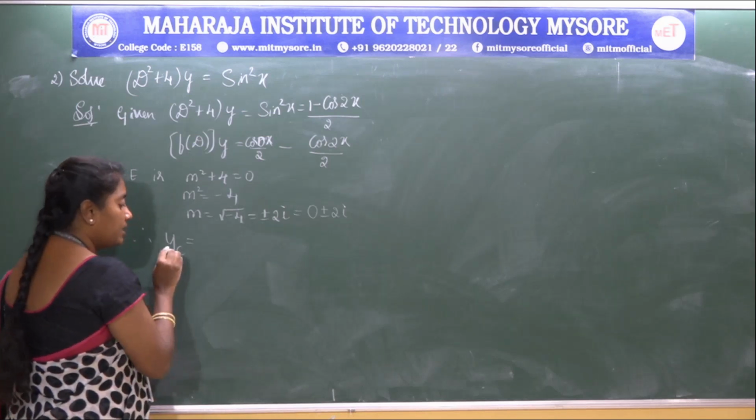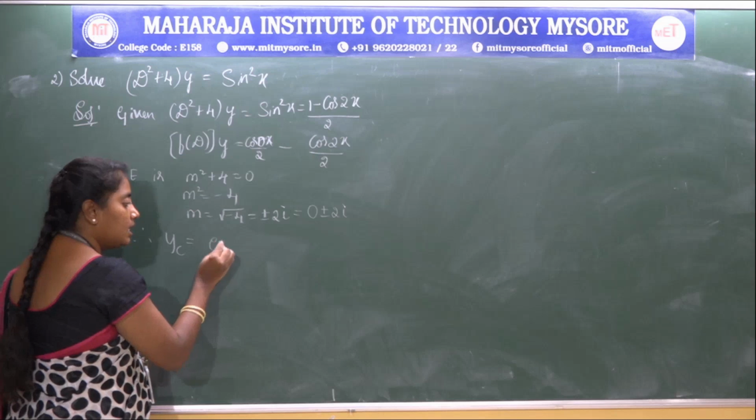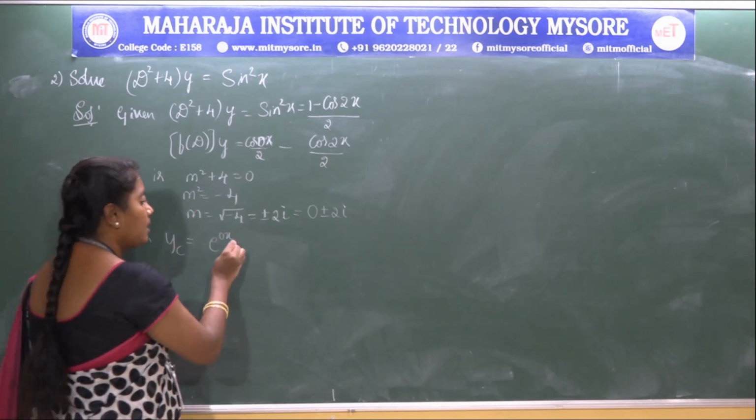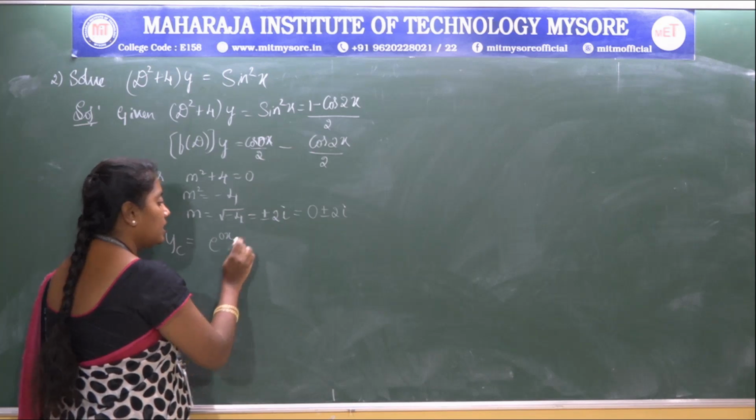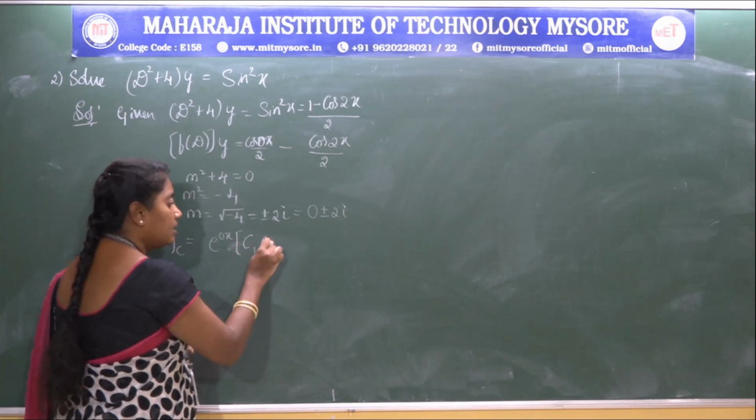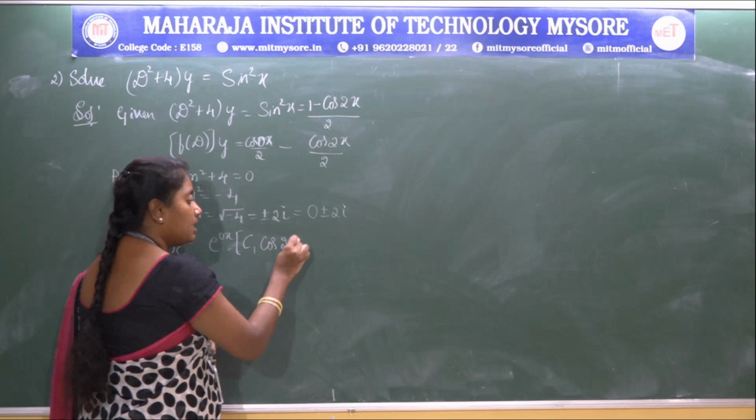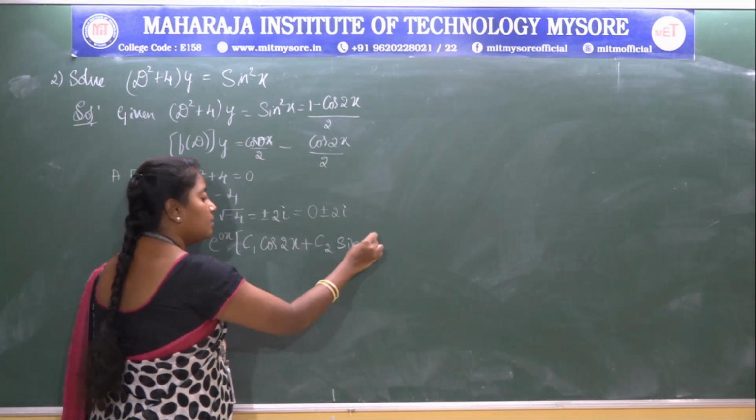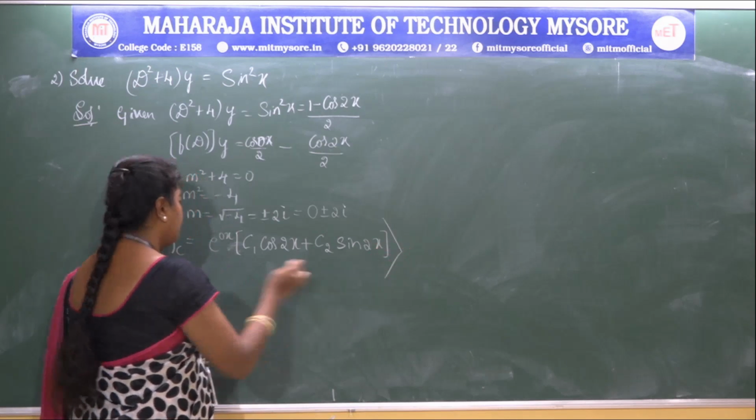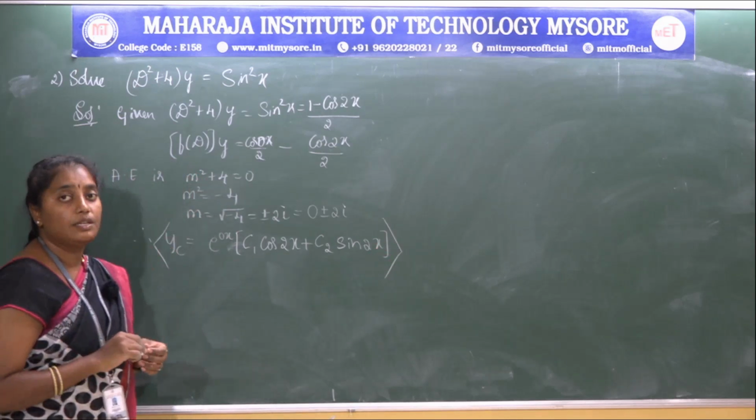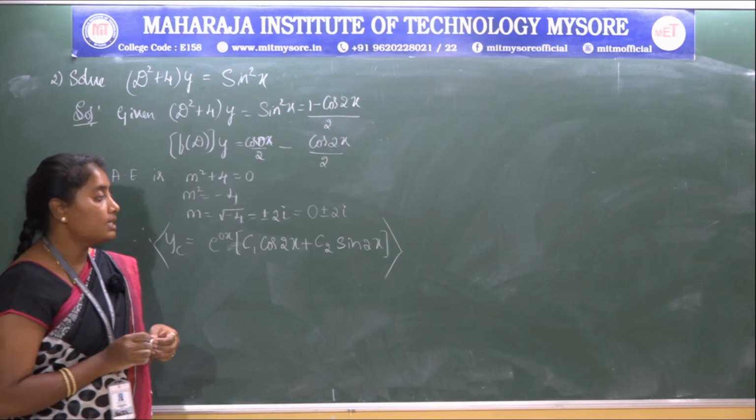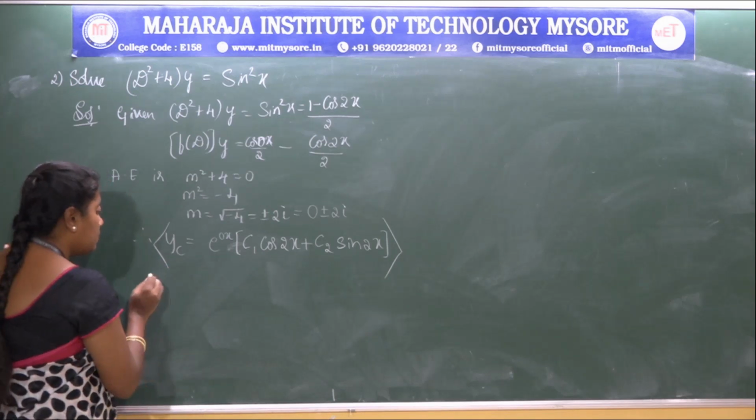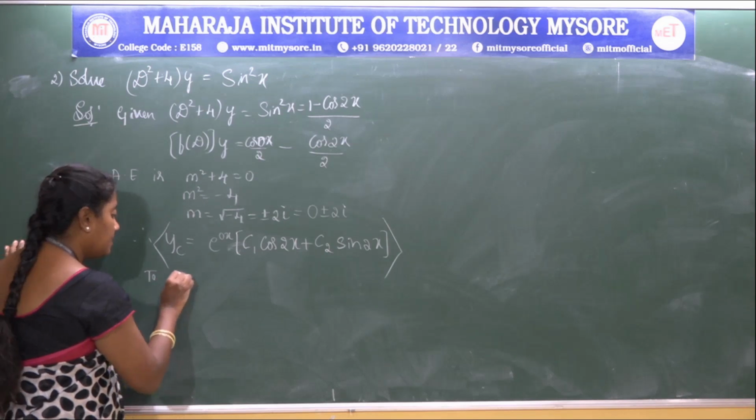For that, the complementary function is e power of the real term, that is e power of 0x, into c1 cos 2x plus c2 sin 2x. e power of 0x, c1 cos 2x plus c2 sin 2x is the complementary function. Next, to find the particular integral,